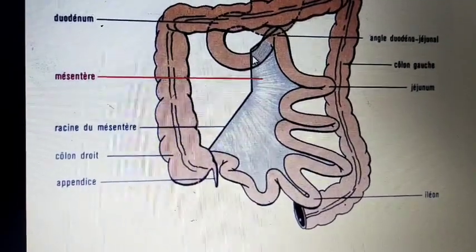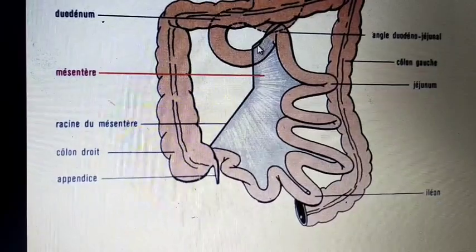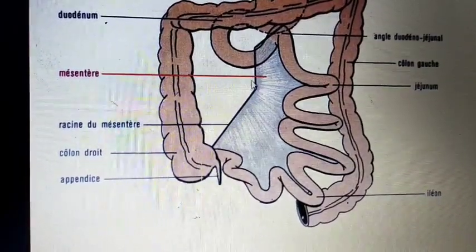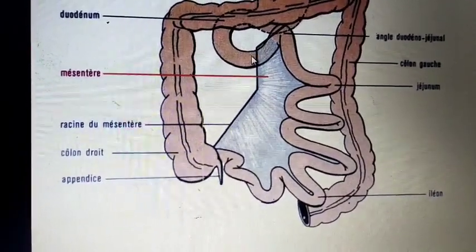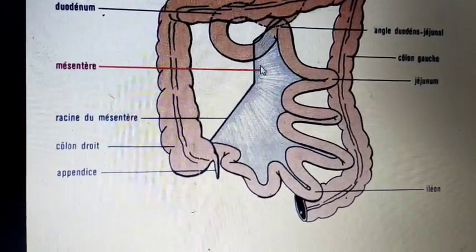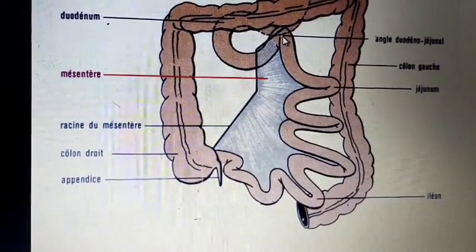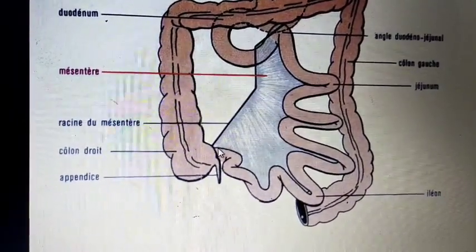In the same way, the root of the mesentery, also called the attached part or vertebral part, is this one, and this is the free border. It starts at the duodenojejunal junction and ends at the ileocecal junction.